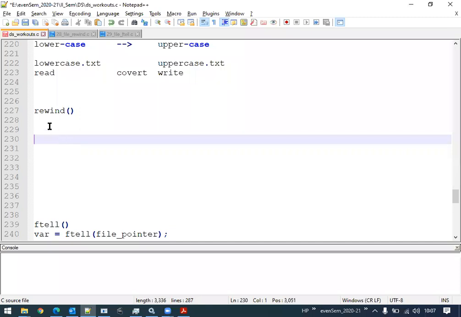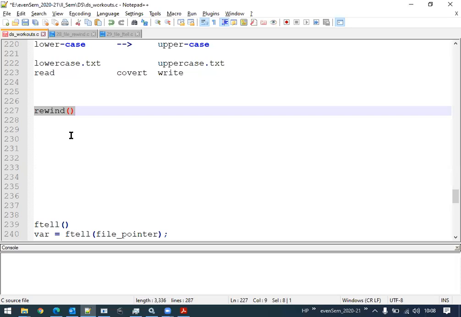Now, welcome students. In today's class, we will try to understand a few more functions which will help in handling files effectively. So far we have seen that if there is a file, we can perform different operations such as input operation and output operation. In the output operation, we can write onto a file or we can append onto a file. We have seen the differences between what we mean by writing and what we mean by appending.